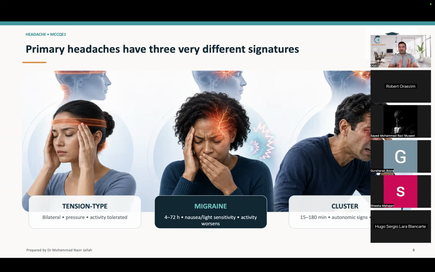Another thing about migraine is that it has photophobia, phonophobia. I think we have more. Yeah, so the duration is different: 4 hours to 72 hours, which is 3 days. Beyond that, status migrainosus. This one, cluster, could be up to 2 to 3 hours.